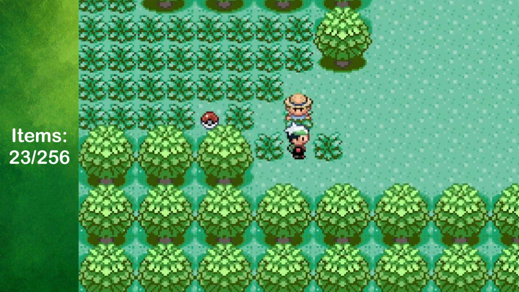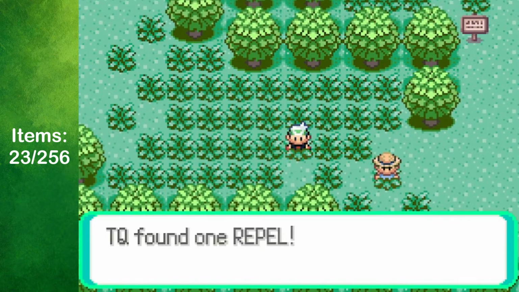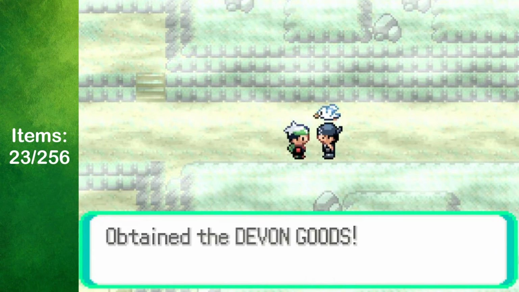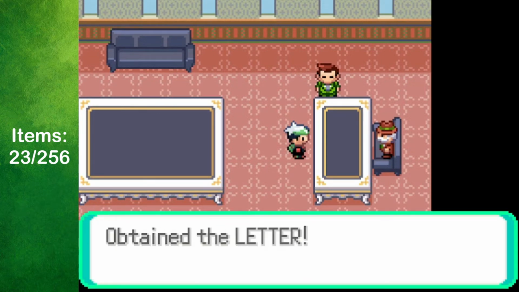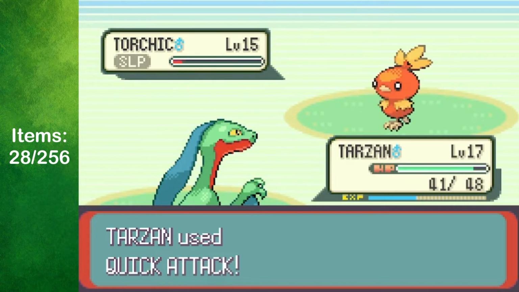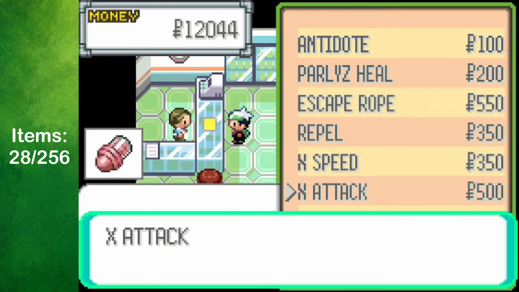Northeast of the city, I fought some trainers and nabbed a Repel, X-Special, Pineapple Berry, and the Devon goods from the Team Aqua Thief. As a reward, we were given a letter that's supposed to be delivered to Steven Stone. On my way, I took on May for the second time, and then I totally forgot about the items in